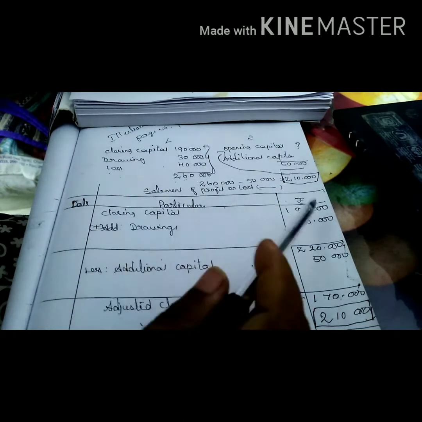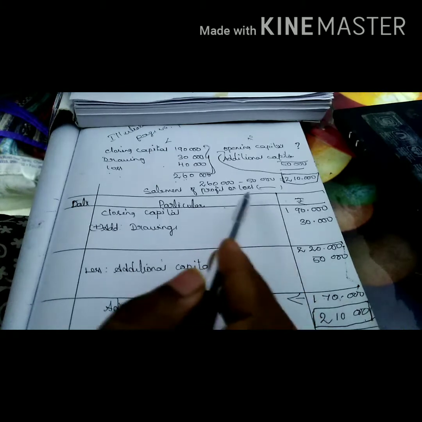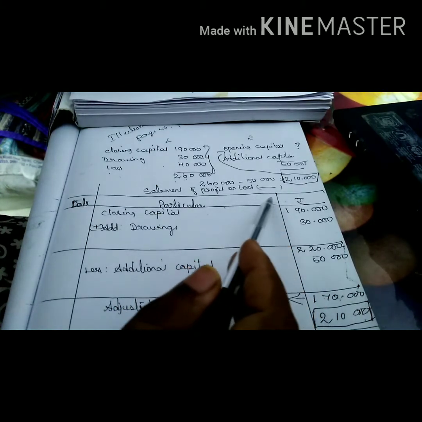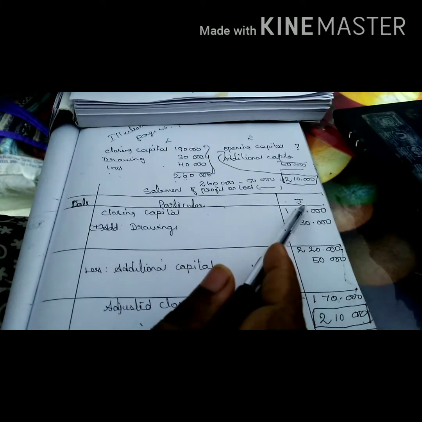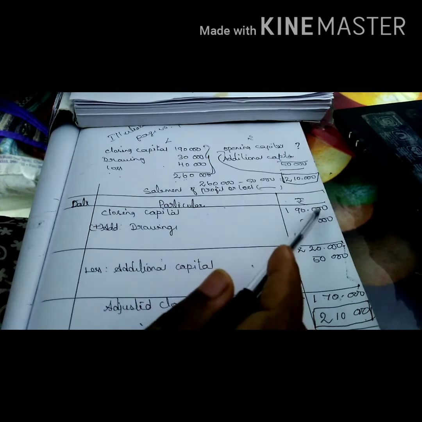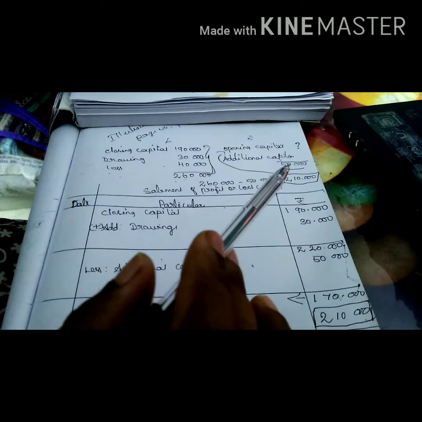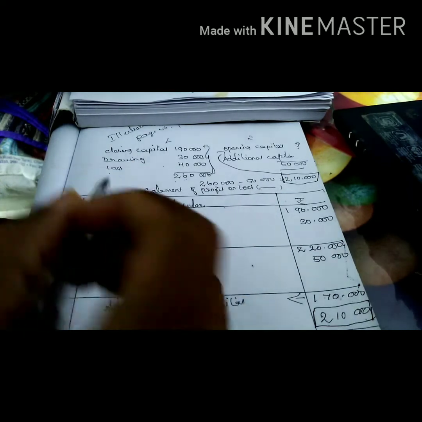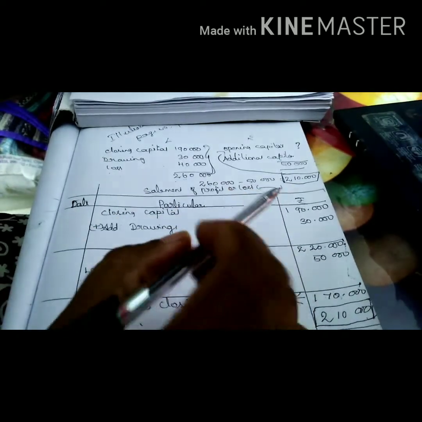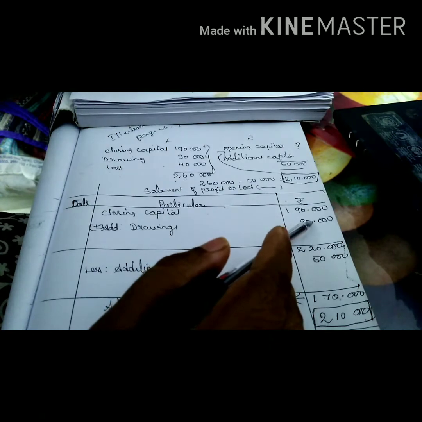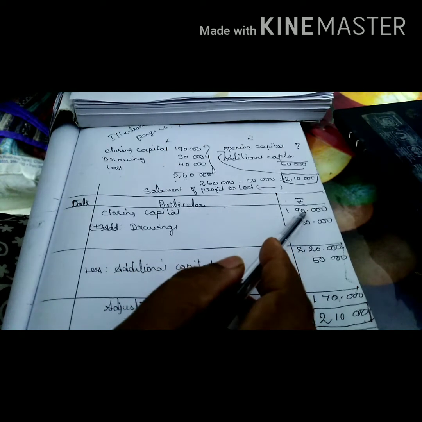Normally we have two columns in your ledger note. One is an inner column, another one is an outer column. You have to put this amount in the outer column, not in the inner column. If you put an amount in the inner column, then you won't get the mark. So you have to write the amount in the proper column, the outer column.